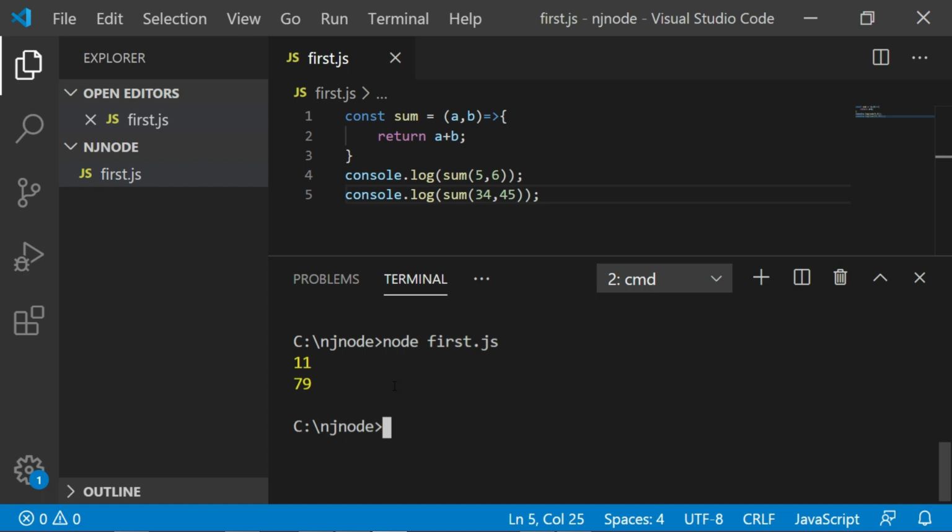So now you know how to write and run the Node.js code. In the next section, we will create modules and we will try to import them in the main file so that you divide your code into more logical modules and then you use it in a single file, so that will help you to create a better project architecture.